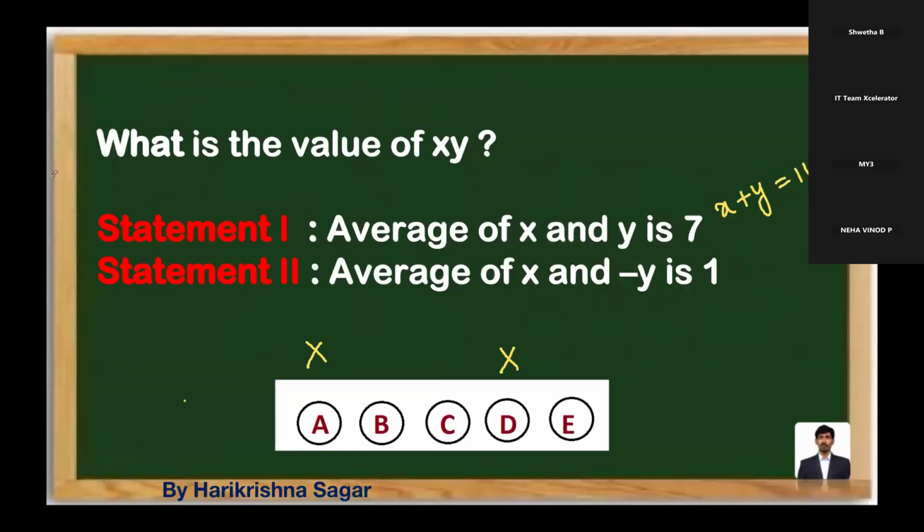The second statement is also not giving the answer, because x minus y is equal to 2. Because we are not getting the answer, eliminate this. Now, looking at the remaining two, C and E: by merging the two, if you get the answer, mark it as C. If merging them is not giving the answer, mark E. What does C indicate?